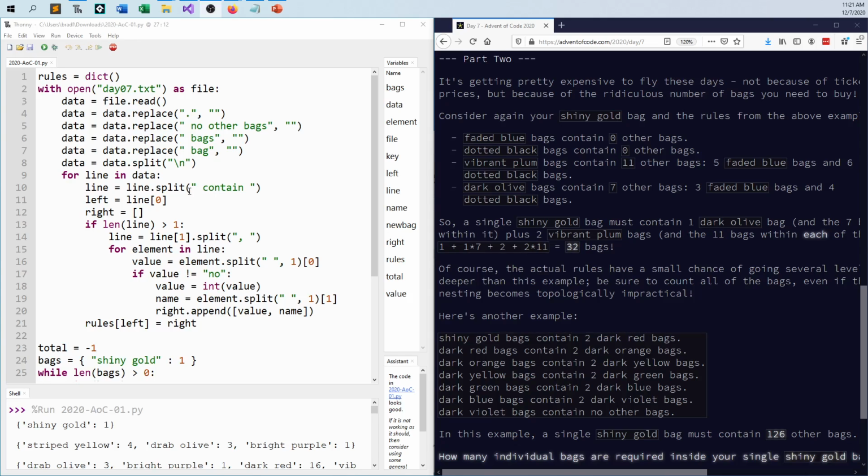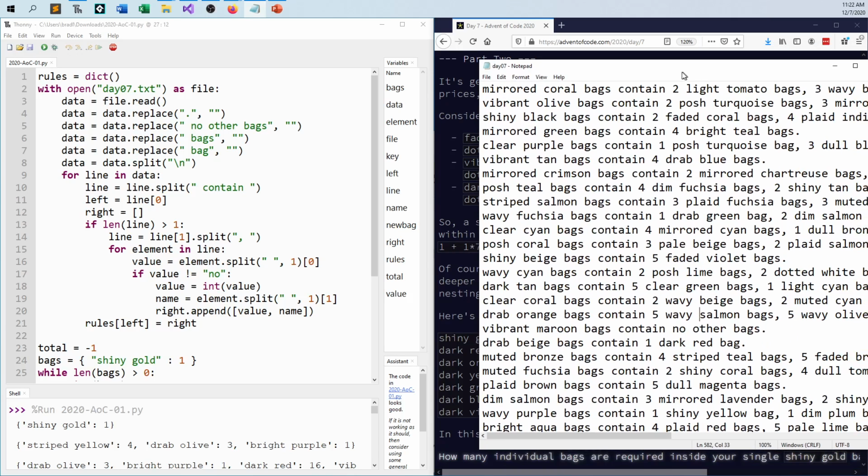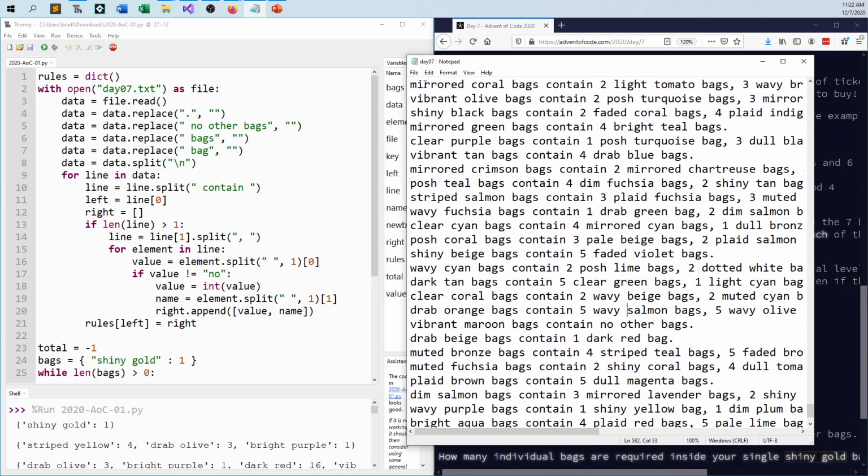So this is part 2. This part here is the same as part 1, if you watched the other video. I set up a dictionary where the key is what kind of bag, and then the contains is the value. There's 2 light tomatoes and 3 wavy browns and so forth. And so this reduces and gets rid of all the extra nonsense, and reduces down to just numbers